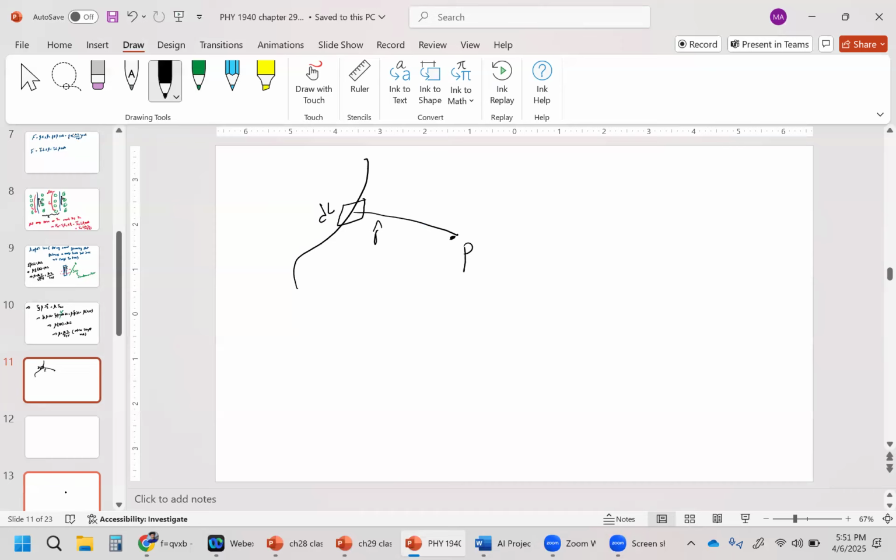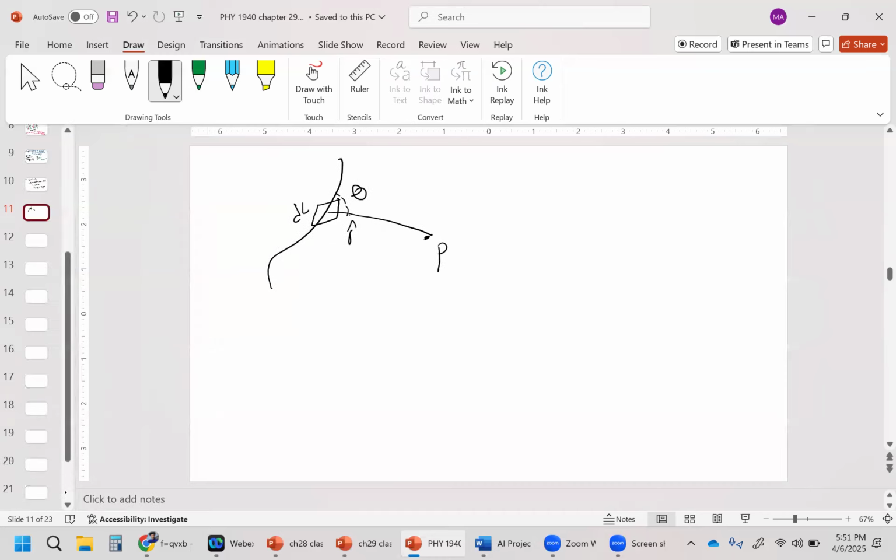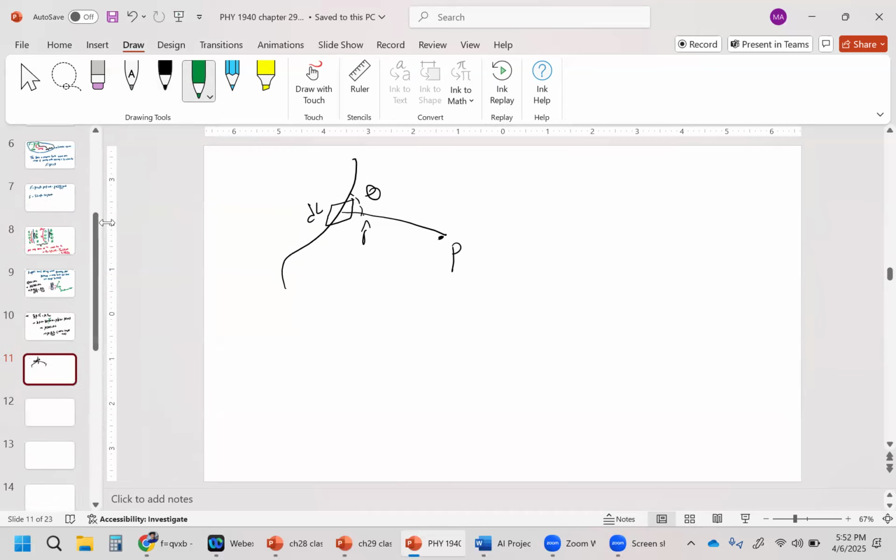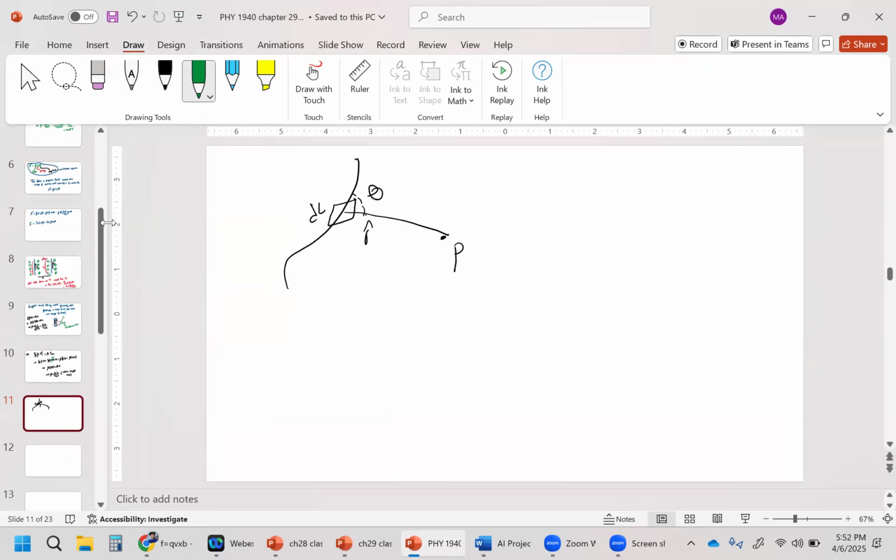Here's your point B over here. This is creating a theta angle. It's perpendicular to it. There is the I dL, which is the length we're going in on. So r hat